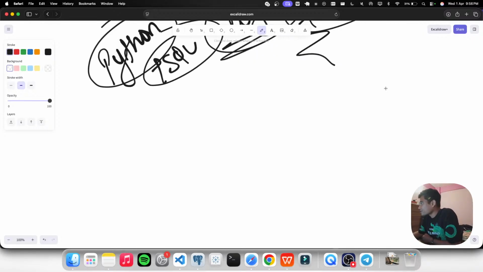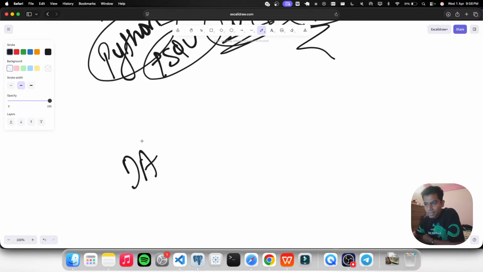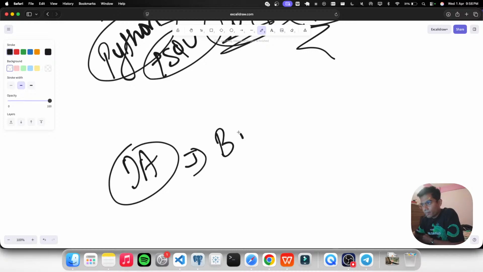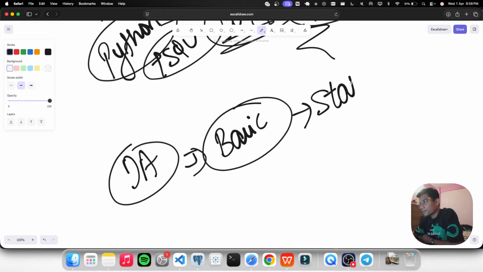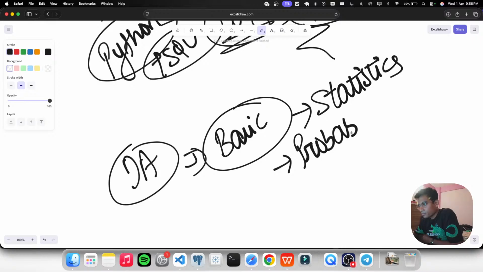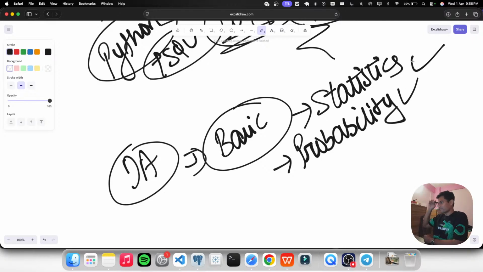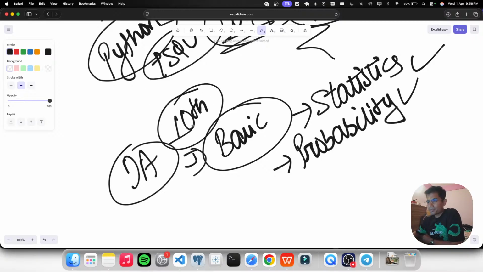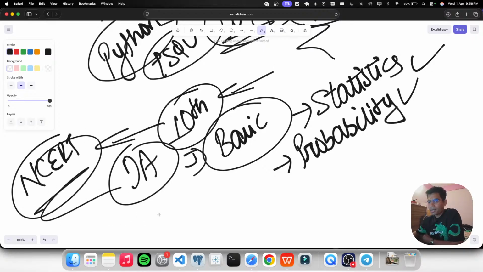ओके वी हैव वन मोर क्वेरी सतीश डीए। सो डेटा एनालिस्ट के लिए बेसिक्स आपको कौन कौन से चैप्टर का आना चाहिए, ज़्यादातर स्टैटिस्टिक्स का आना चाहिए, प्रोबेबिलिटी का आना चाहिए, दैट्स इट, मोर देन एनफ। और बेसिक्स मतलब कितना, क्लास 10th तक का मैथ्स, दैट्स इट, ओनली क्लास 10th, ठीक है, दैट्स इट। तो एनसीईआरटी का अगर आप कवर कर दोगे,